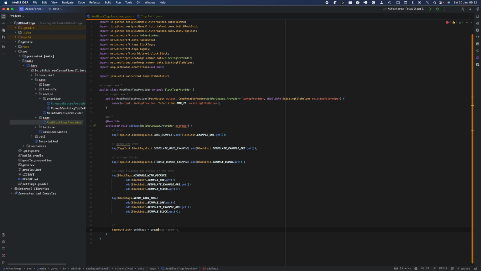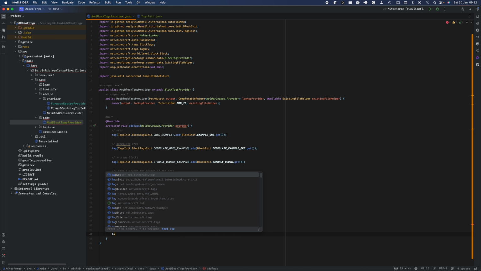Just ignore that the method doesn't exist. Just createForgeTags, and in here we're going to do forge, colon, and in here we're gonna do needs_gold_tools, and we're gonna do this the same for